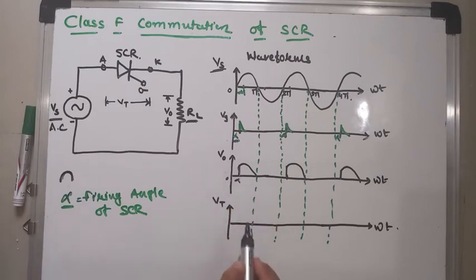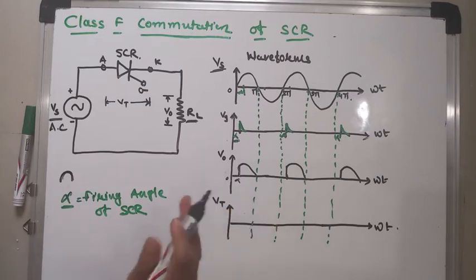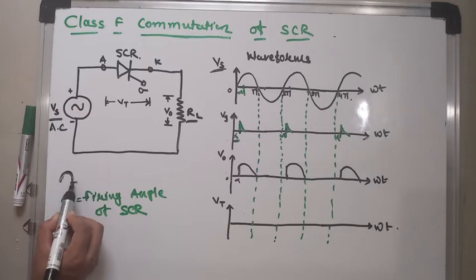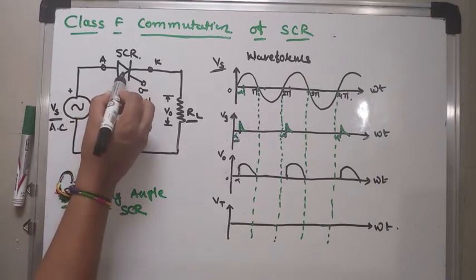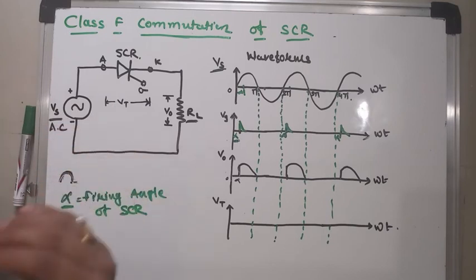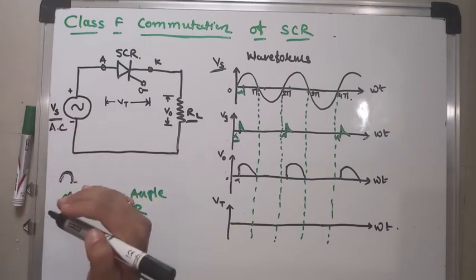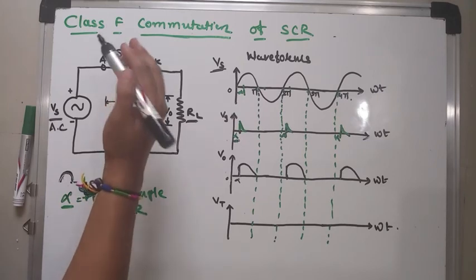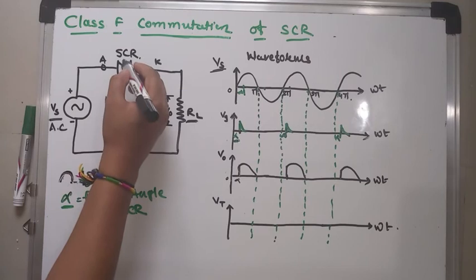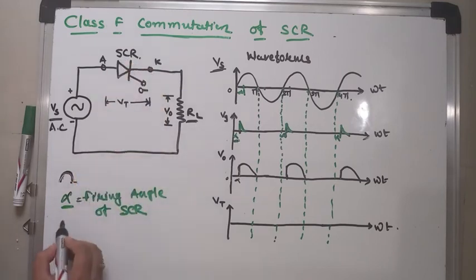Now at that time what will happen, at the end of the positive half cycle, your current decays to zero, which means the anode current decays to zero value, and when the anode current goes below the holding current, then your SCR comes again into the forward blocking state, and during the negative half cycle,